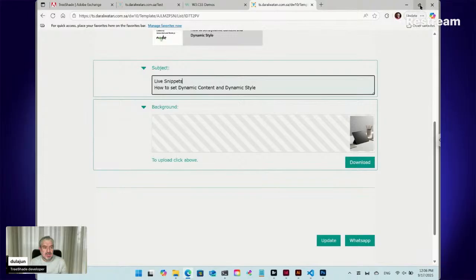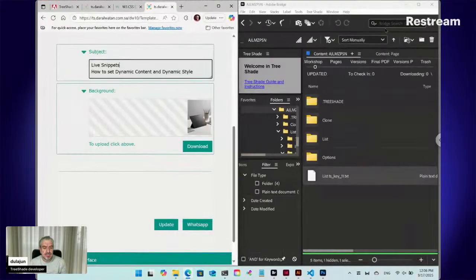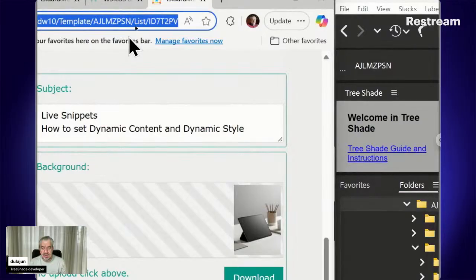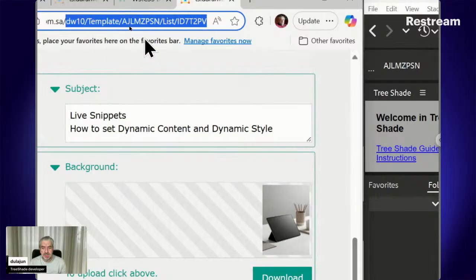Okay, let's start here. Let's go to this project. I have here the relative path inside the tree files in my computer. This is the relative path inside the root folder,